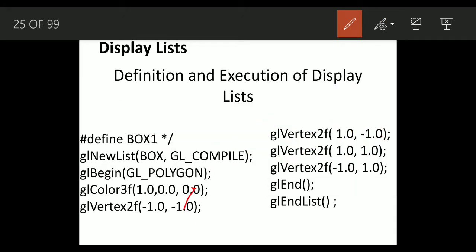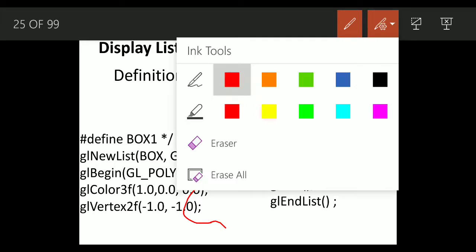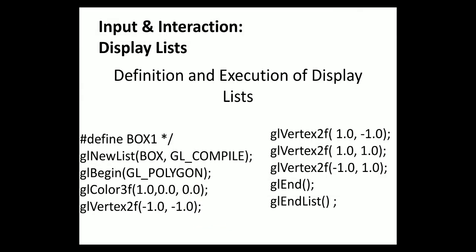And as you can see here, within the display list definition, you have your general glBegin and glEnd concept. That means any object can be defined in the regular way that you always defined. But when you put it within glNewList and glEndList, it's going to create it like a list. So this example is creating a square with the color red.